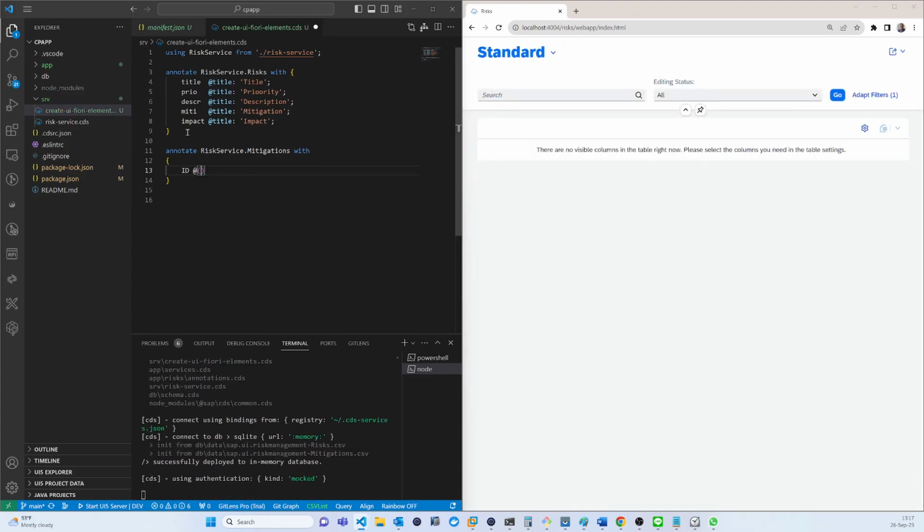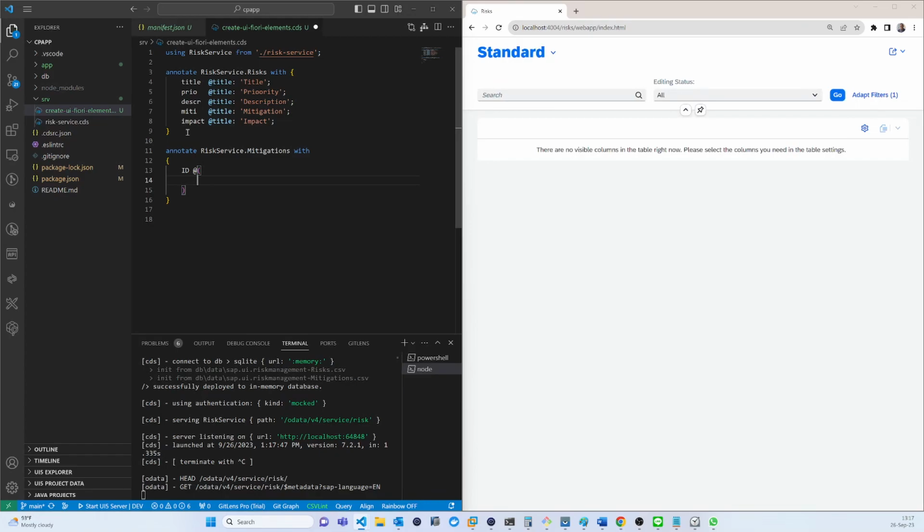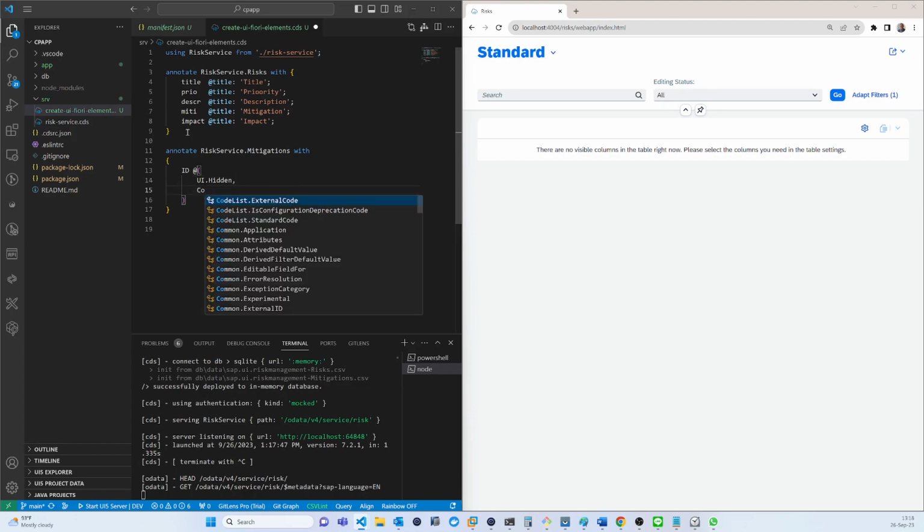Here, ID, I just want to make it hidden because we don't need to see it. That is for internal reasons. I make it hidden, then